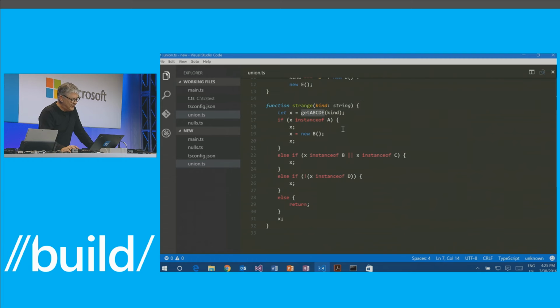And then it says, if x is an A, now notice what happens to x. Up here, it's an A or a B or a C or a D or E. Here's an A, because we know you checked. But then you assign a B, well, now it's a B. Otherwise, in this branch here, well, it's a C or a D, or B or a C. But here, it's not a D, so it must be an E. But otherwise, here we return. Okay,